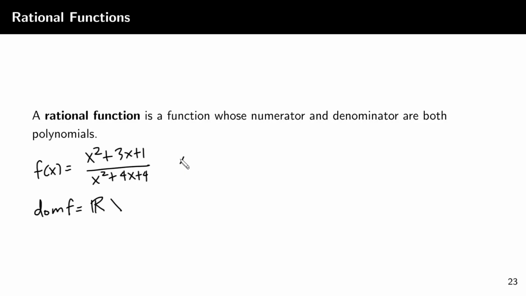So, kailan 0 ang x squared plus 4x plus 4. So, factor out natin to. This is just equal to x plus 2 quantity squared. So, therefore, 0 siya when x equals negative 2. So, therefore, the domain is R minus the element negative 2. Okay. So, in this example, walang common factors yung